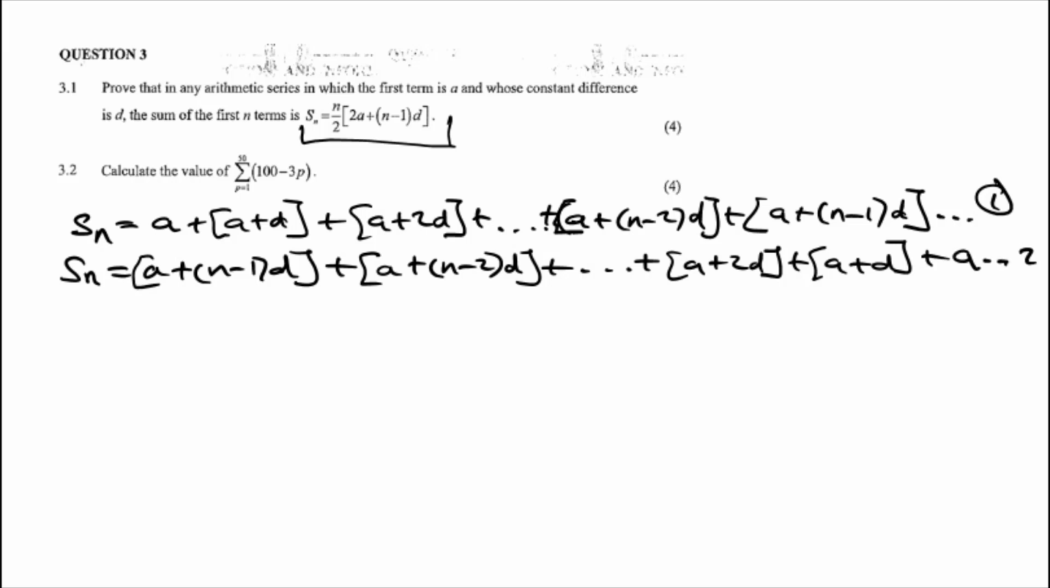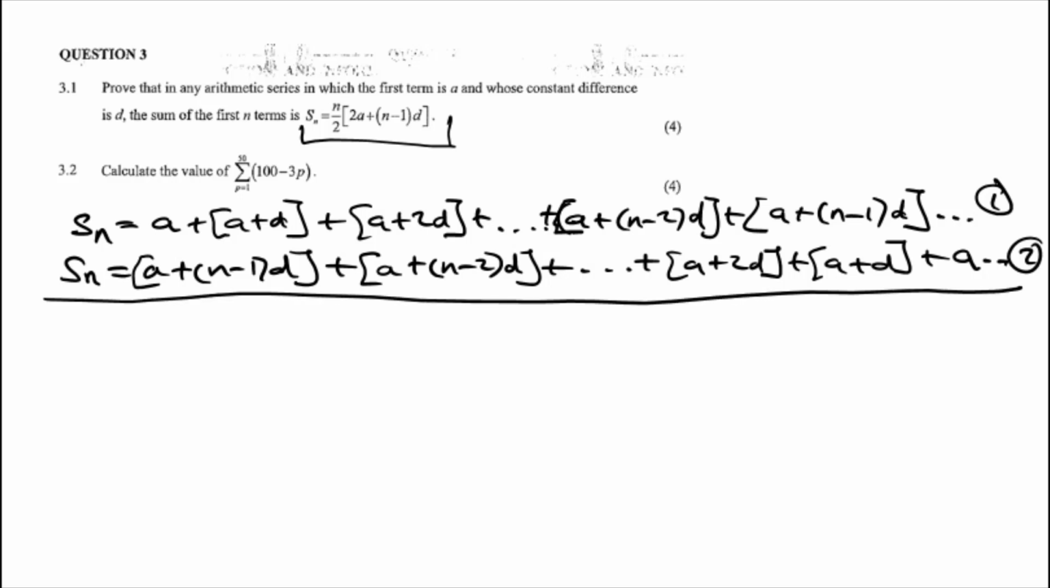This is your equation 2. Now the next step here, you need to add these two equations. So now Sn plus Sn would be 2Sn is equal to, now when we are adding all of these, we don't know how many they are, so there's n number of them, and when we are adding like terms here, we'll have